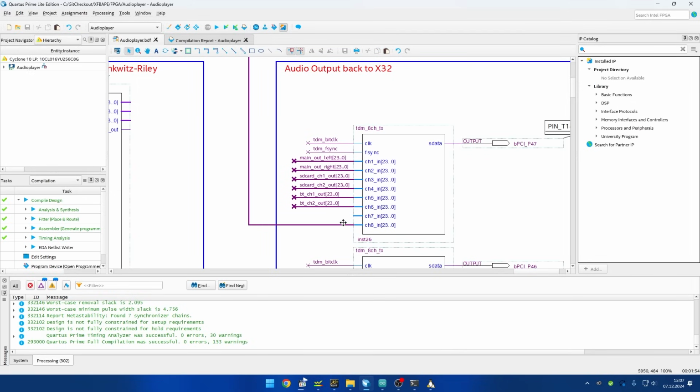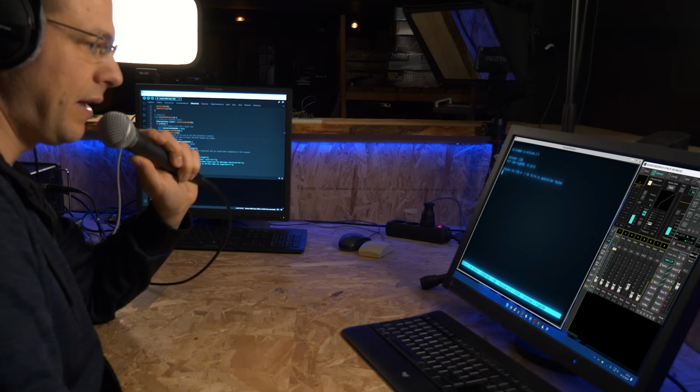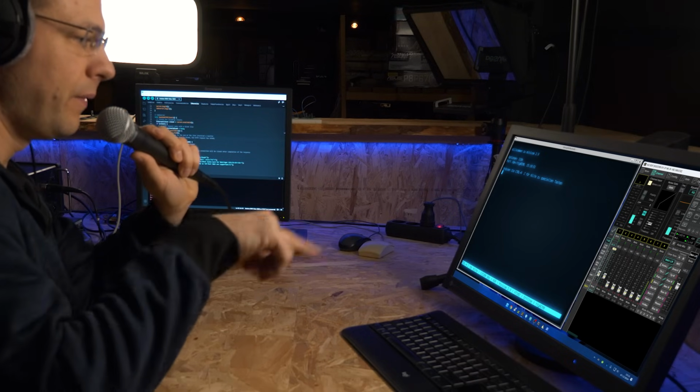And in channel 8 we have our sine wave test signal. And let's see if it is working. Go to play. Okay, the sine wave is there, but we have nothing on channel 1 and 2. There is no volume here. So I have to change the volume in the